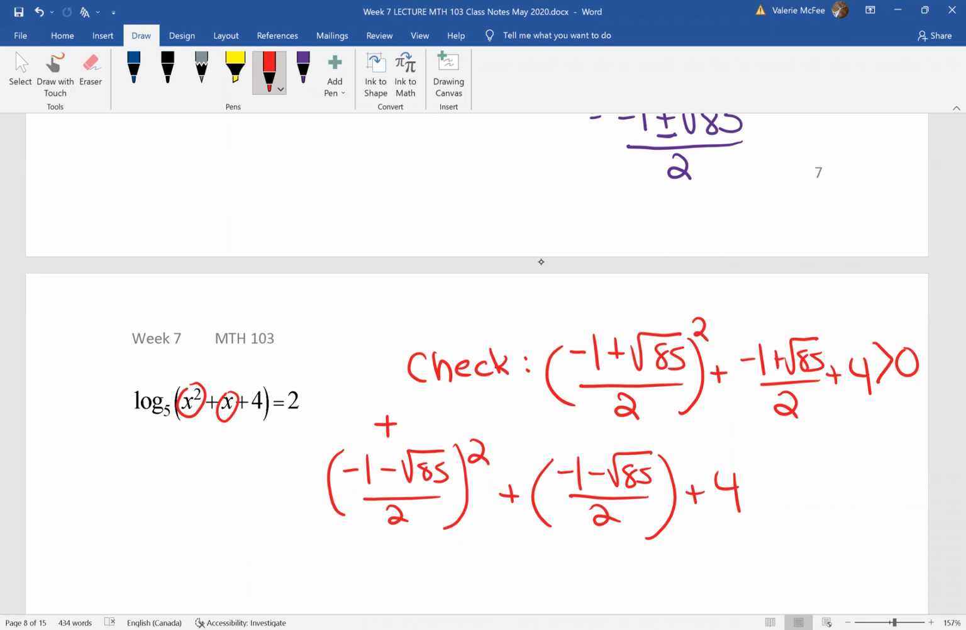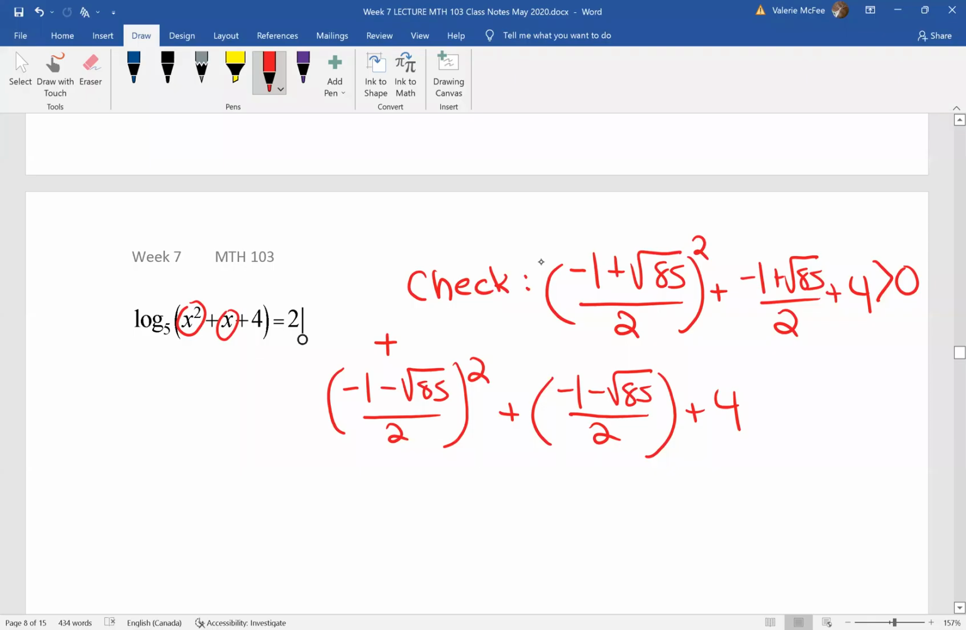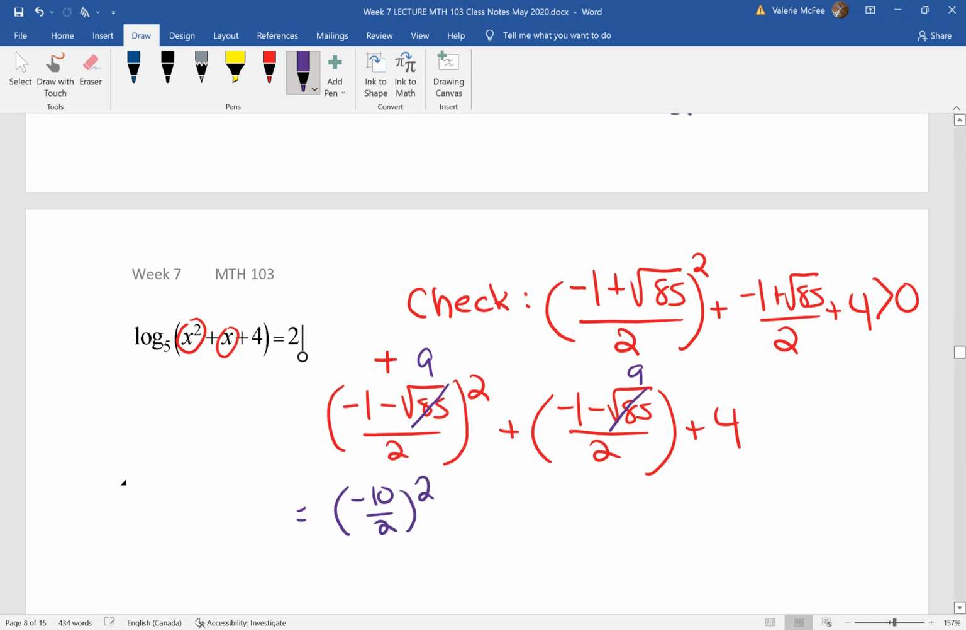Let's take a moment and think about that. We're not using calculators, so how do we do this if we encounter it on a test? My suggestion would be to estimate. We know that the square root of 85 is close to the square root of 81, which is 9. So let's think about it as 9. So we have -1 minus 9, -10 over 2 squared, plus